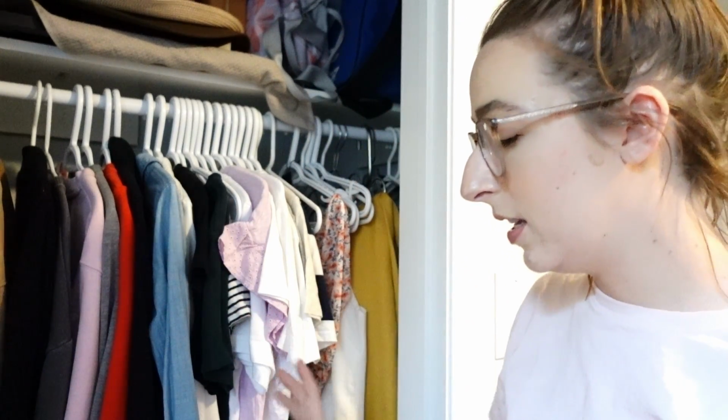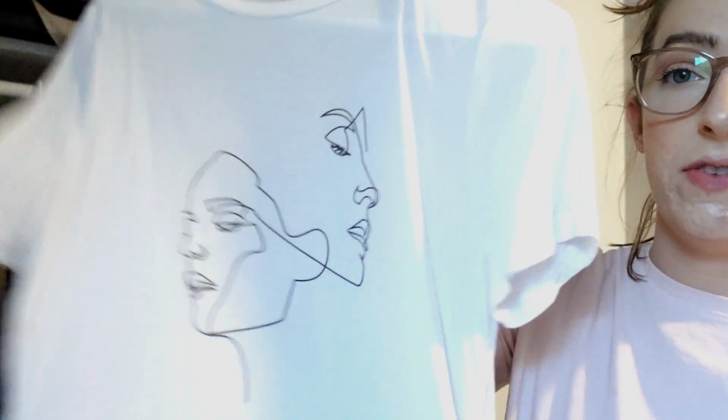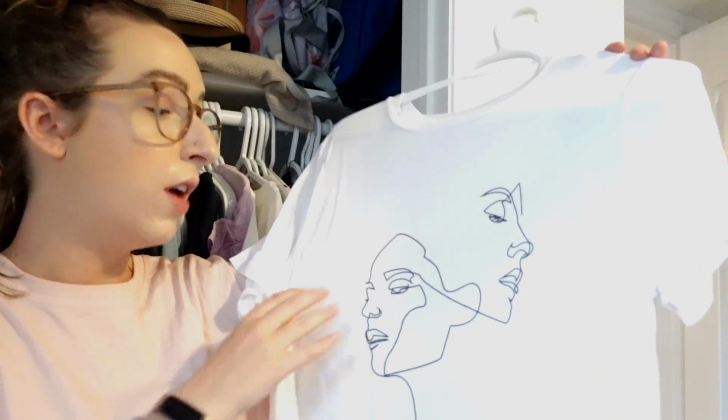Okay, so we're done with the bags and we are now in the closet. I put the stuff in so I know what's in here. There's a couple of things that I see that I would like to get rid of. First is this. This is the graphic tee I wore a lot in 2019 and 2020. I love the graphic on it. I think it's very beautiful. However,